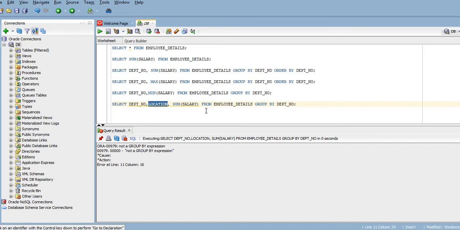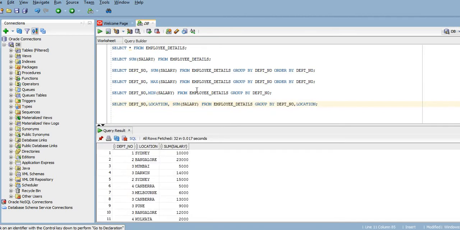So if we want to retrieve the data based on department number and location, then while grouping we need to mention the same column name, location, over here. If I run the query now, then it will retrieve the data in a proper way.